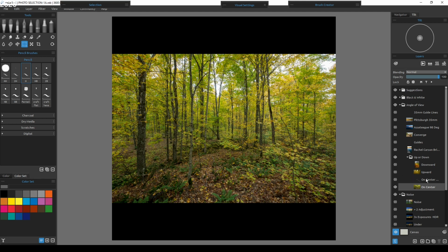Now, with our center lines and guides in place, this is what we would get if we just photographed it with a level, centered horizon. We would have nice vertical lines. But shooting it this way is not going to give us very many options of how we could arrange the picture. For example,